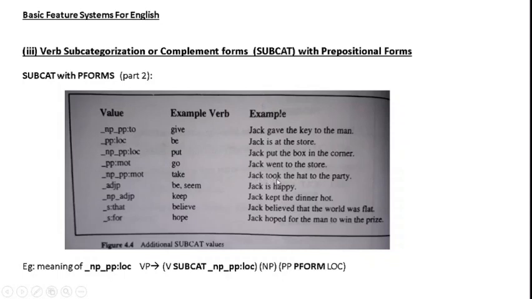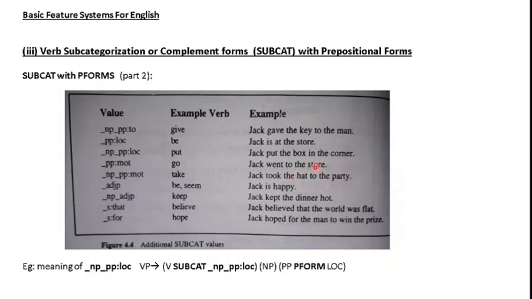If I am considering took, its base form is take, right? You can see take here. So after took, what am I seeing? I am seeing a prepositional phrase, right? Because this phrase is having a to in it. And what is the P form value of the preposition? You can say either it is a to or it is a mod.